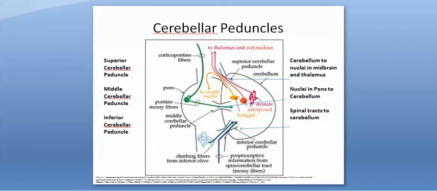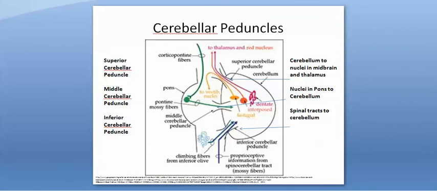All right, so now we get to talk about the cerebellar peduncle. Peduncle means little foot, like pedal on a bicycle. Ped means foot, so peduncle is a little foot. And we have three of them to talk about: the superior, middle, and inferior, and they all relay information differently. Let's begin by talking about the middle and inferior, the two lower peduncles. They both are responsible for getting information into the cerebellum, whereas the superior peduncle is responsible for sending information